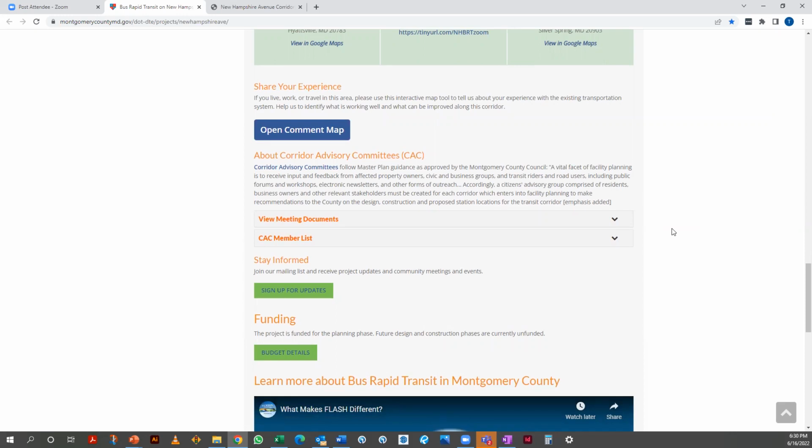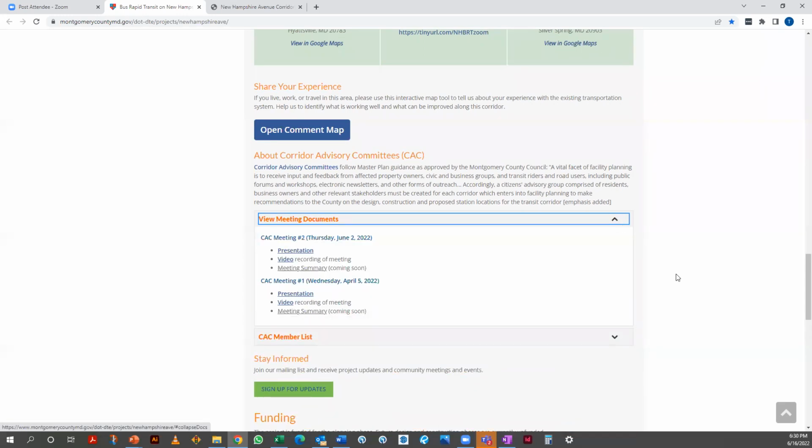But we have what's called a Corridor Advisory Committee, or CAC, and if you are interested to follow, first of all, those are open to the public. So if you want to, we do a much deeper dive on some of the issues as we go through the project. Those are always open to the public, and I know that we have some members of the CAC on this call tonight as well.